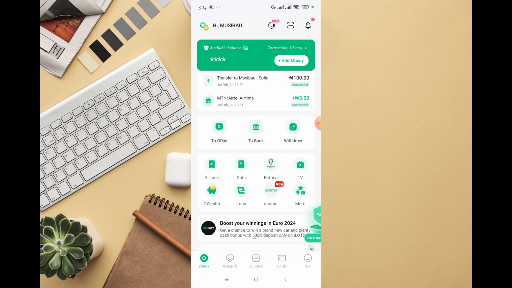In this video, I'm going to be walking you through how to deposit money into an Opay account. There are different ways in which you can actually deposit money into an Opay account. The first method is someone sending money to your Opay account, where you provide your account number for the person